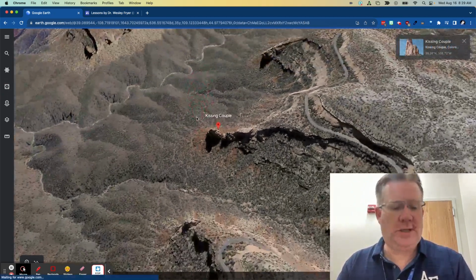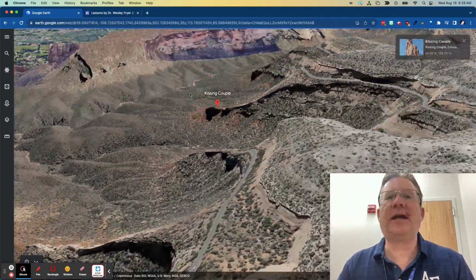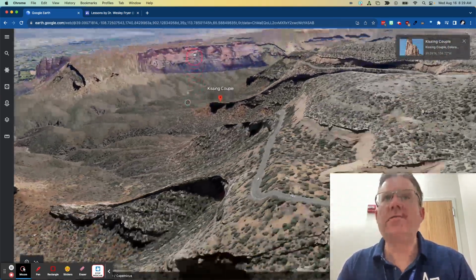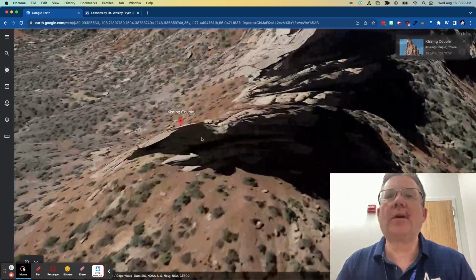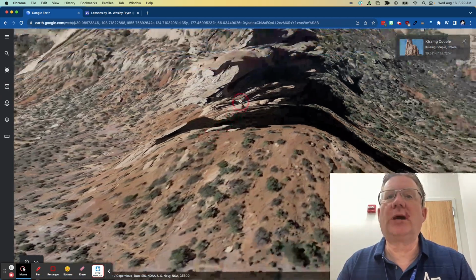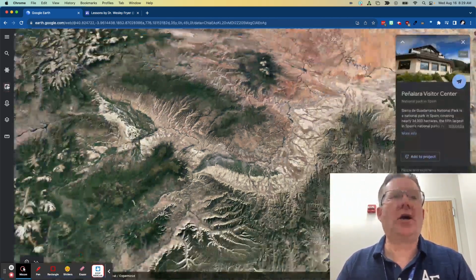You can also hold down, I think, if you're on a Mac, it's the command button. If you're on a PC, I think it's control. And then you'll be able to move around and manipulate this. And it's really cool how you can see these things in 3 dimensions. So just click on that